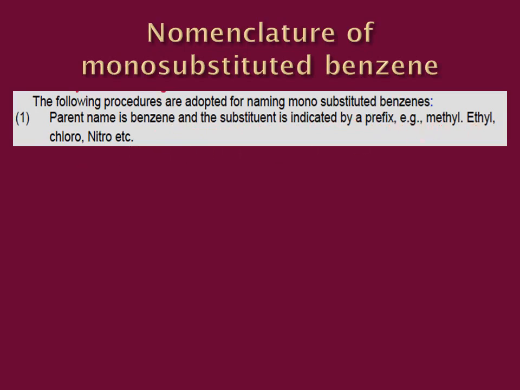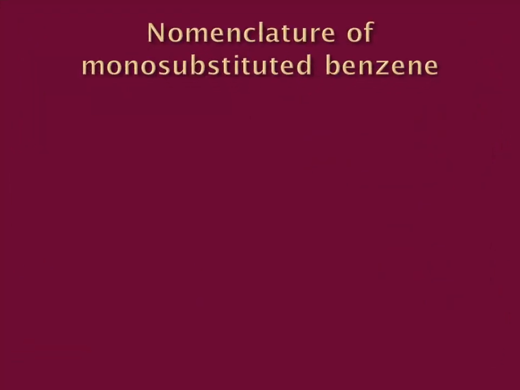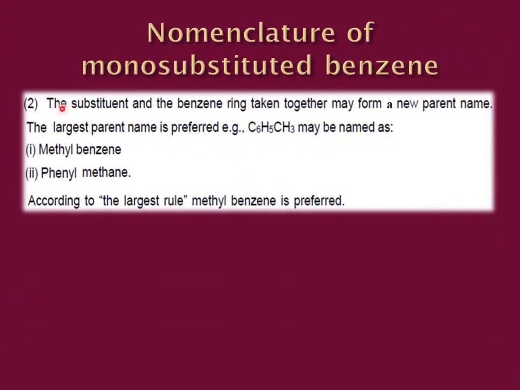Similarly, this is nitrobenzene having a nitro substituent. Another example is bromo because it contains a bromine atom as a substituent. The name is bromobenzene. Now students, the substituent and the benzene ring taken together may form a new parent name. But over here, the largest parent name is preferred. For example, C6H5 and CH3 may be named as methylbenzene or phenylbenzene. According to the largest rule,